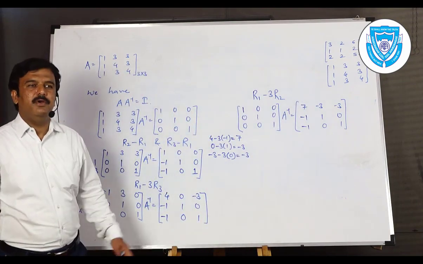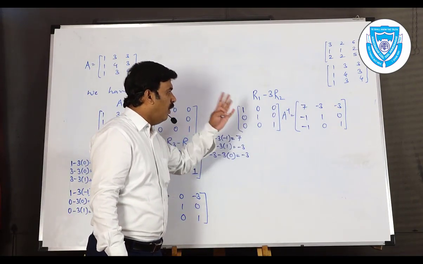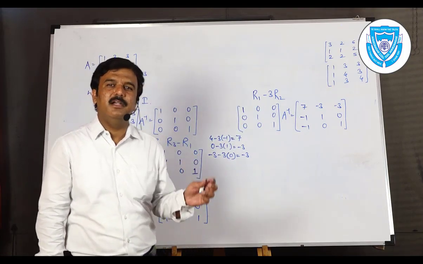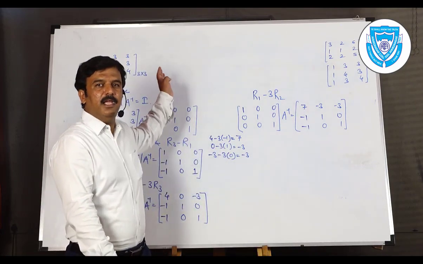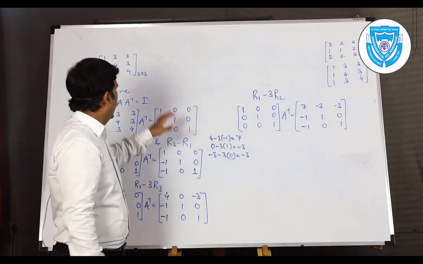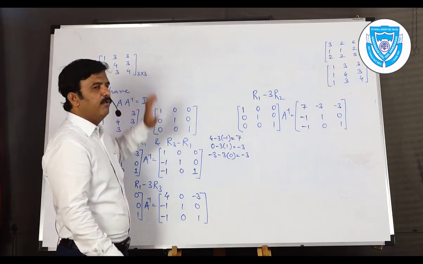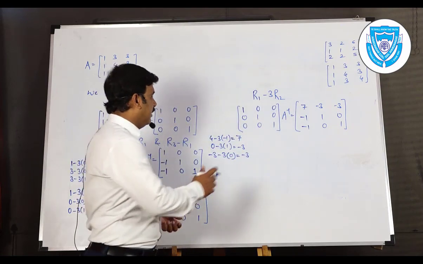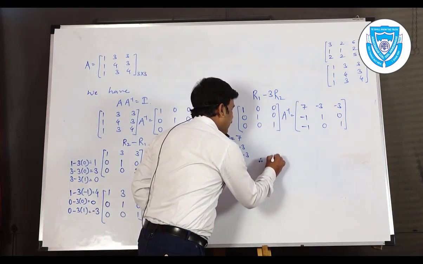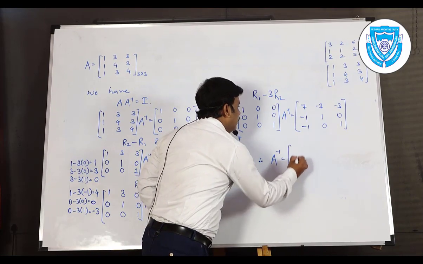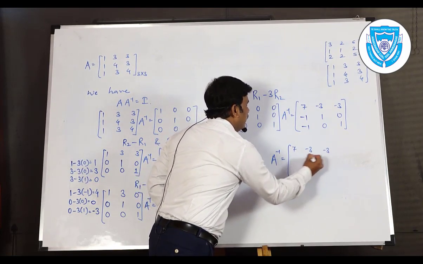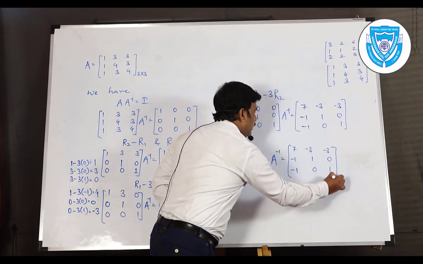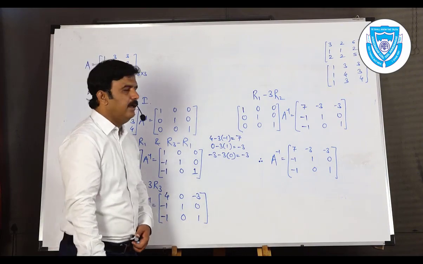Yes, we are through. We got the identity matrix at the left hand side. So of course, whatever we have received at the right hand side is nothing but the inverse of the given matrix capital A, whose elements are 1, 3, 3, 1, 4, 3 and 1, 3, 4. The inverse of this matrix is here in front of us. So at last we can write the answer as, therefore A inverse is equal to 7, minus 3, minus 3, minus 1, 1, 0, minus 1, 0, 1. This is the inverse of the given matrix capital A.